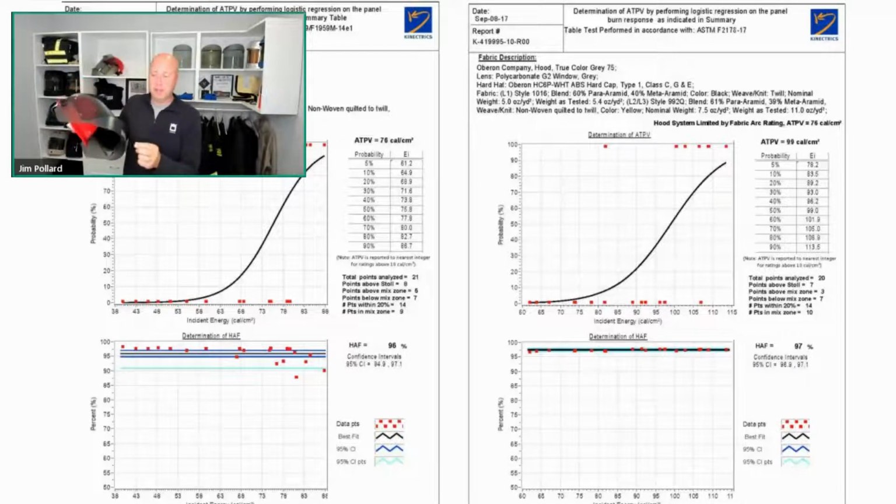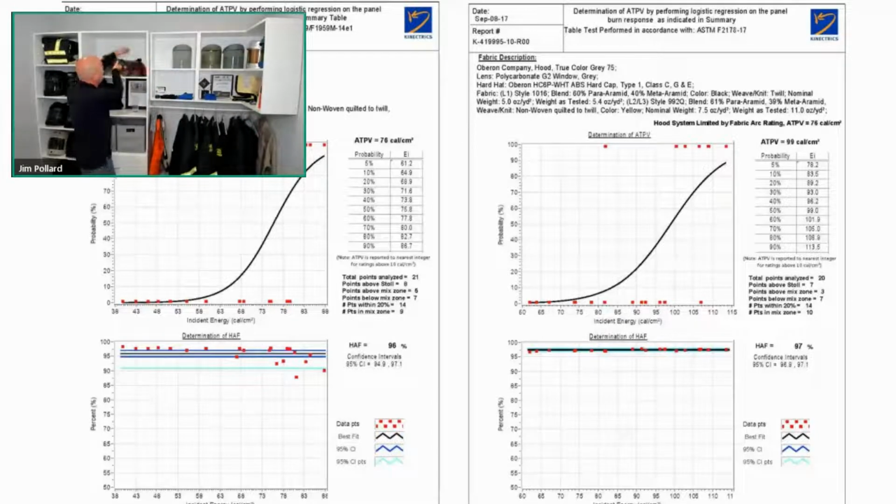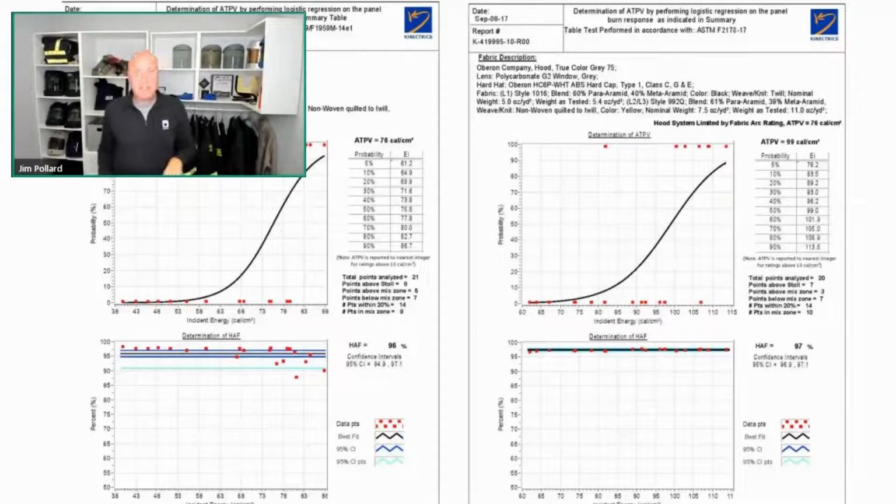The face shield also has a date code. I can see the date code on the bottom chin guard from Oberon, and it's also 2016. It's printed on the chin guard, it's printed on the visor, and it's printed on the side shields. This is a way of holding the supply chain or looking at your inventory and making sure that it is adequate and within its service life. So again, 5 years is the recommended replacement or maximum service life of PPE,